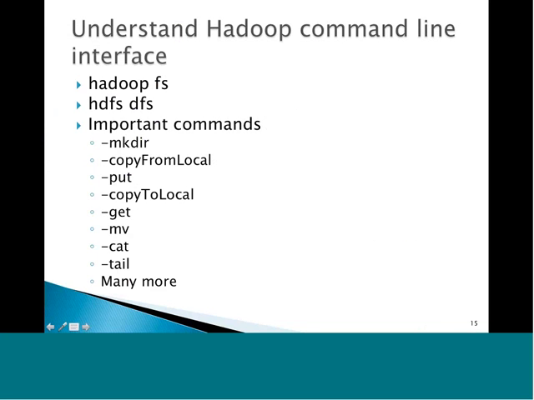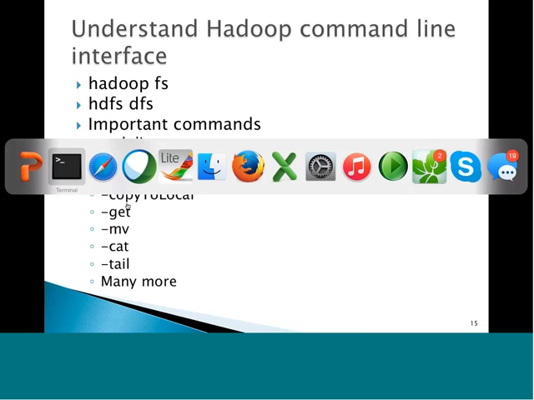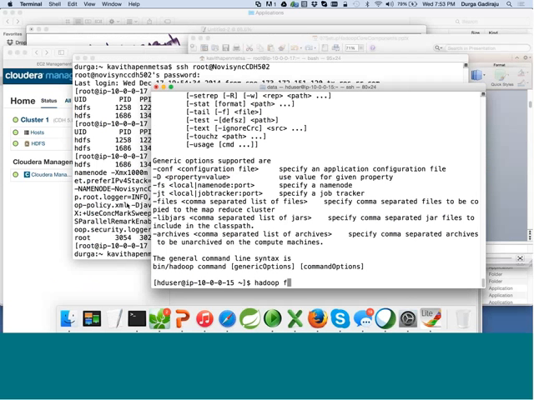These are some of the important commands. mkdir is to make a directory. copyFromLocal is if you want to copy a file from the local file system into HDFS. put is also the same, but I think put can also take input from standard in. Let me try, I'm not 100% sure. You can do it like this: hadoop fs -put -, and then give the path /user/hduser